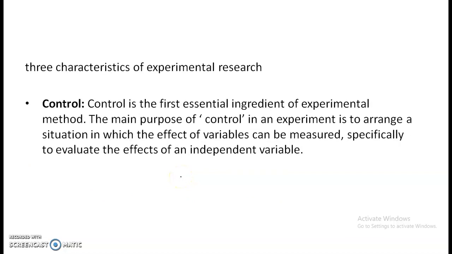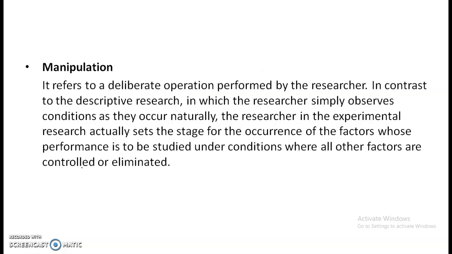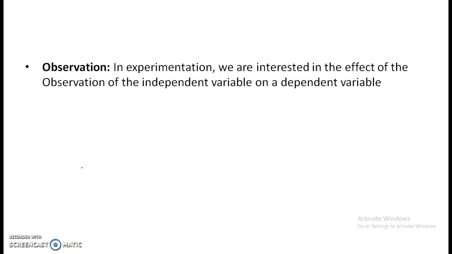And generally there are three different characteristics in experimental research. One is control. That means there will be different variables, and out of them, a few variables have to be controlled to get the proper relation between the required variables, and proper manipulation has to be done, and we have to do keen observation. Whatever data we collect, like in the previous example the results of the students, we have to observe very keenly, and then we try to find out the relationship between the independent variable and the dependent variable.